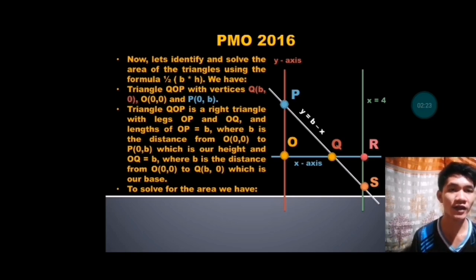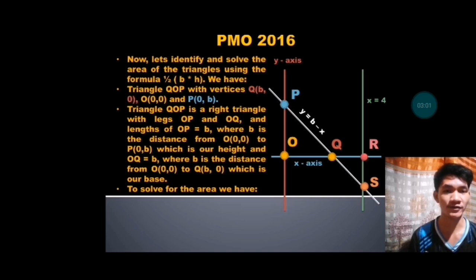Therefore, we have triangle OQP with vertices Q at (B, 0), O at (0, 0), and P at (0, B). Triangle OQP is a right triangle with legs OP and OQ. The length of OP is equal to B, where B is the distance from O at (0, 0) to P at (0, B), which is our height. And OQ is equal to B, where B is the distance from O at (0, 0) to Q at (B, 0),